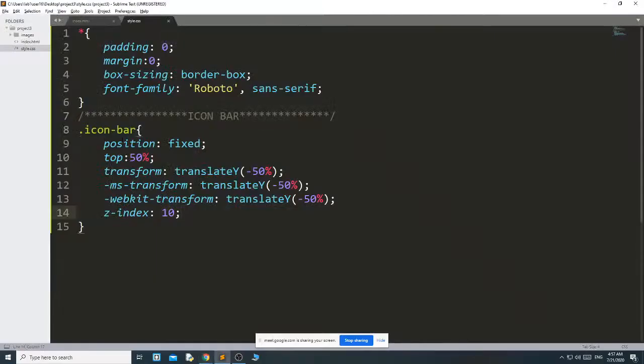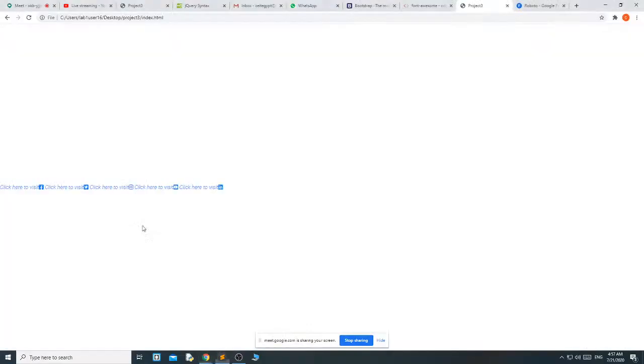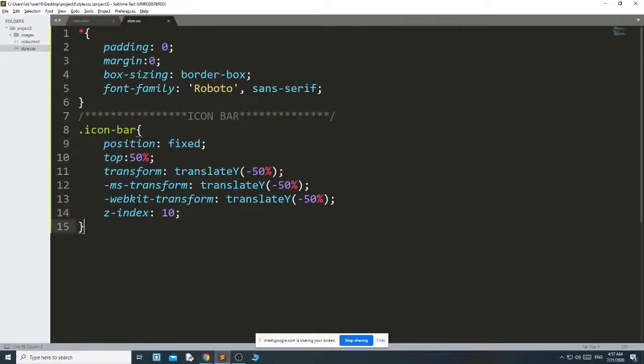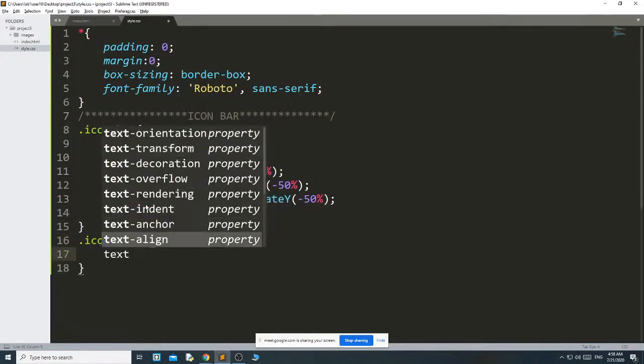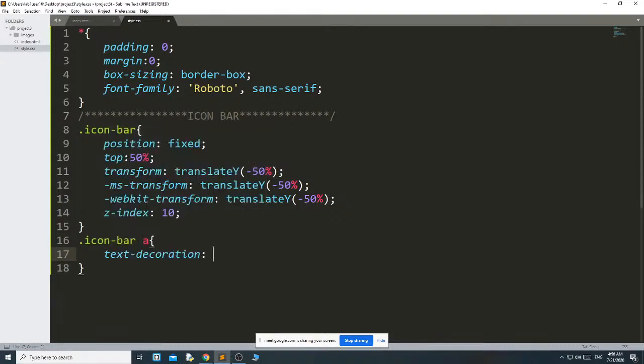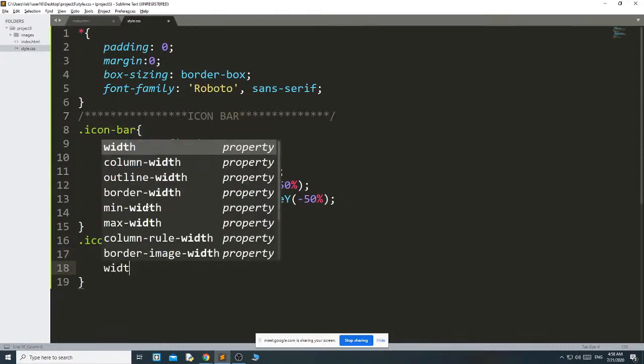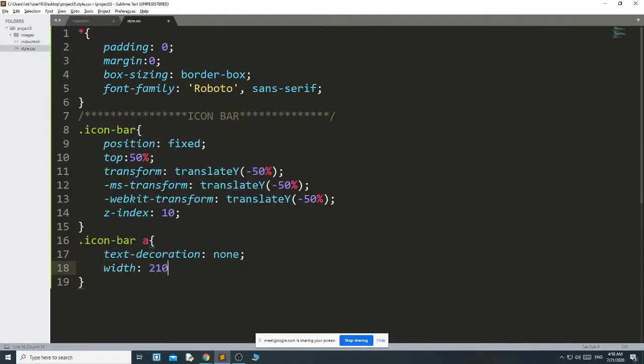Then I want to style the a element. Dot icon bar a, text-decoration none. Width you can change according to your suitability.